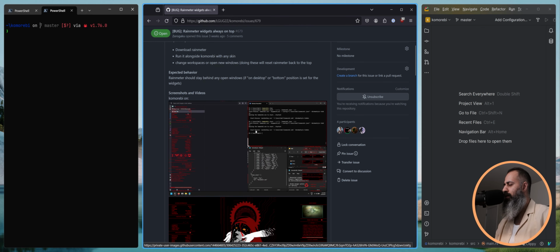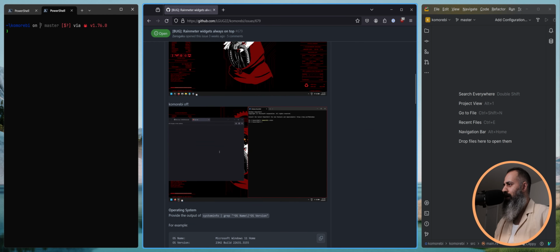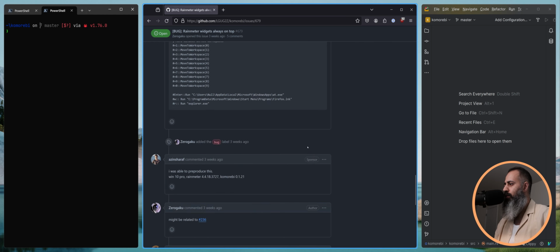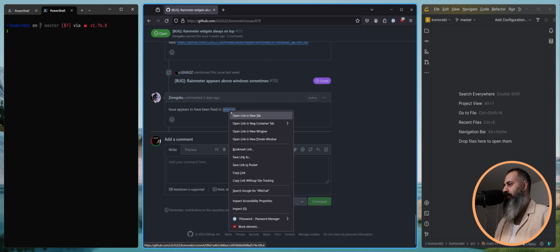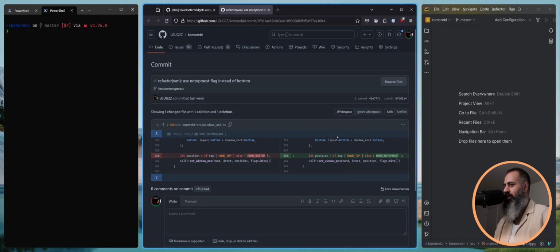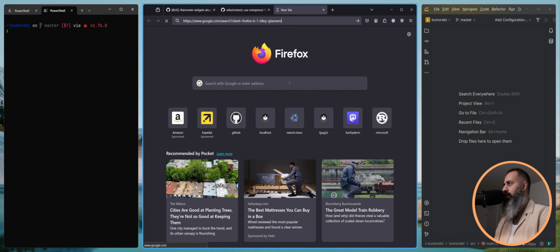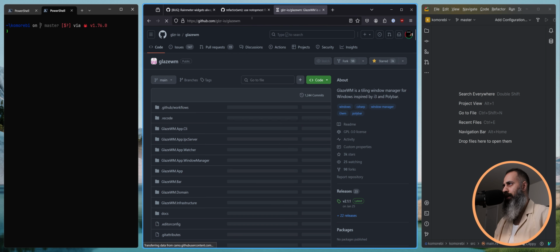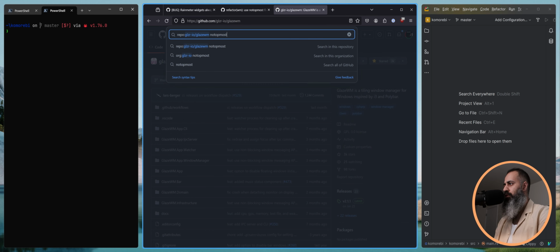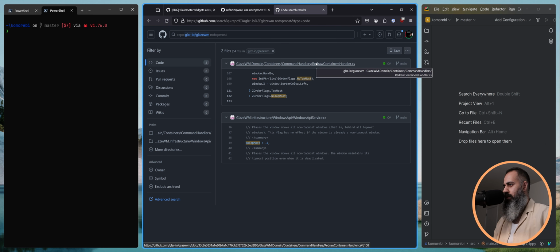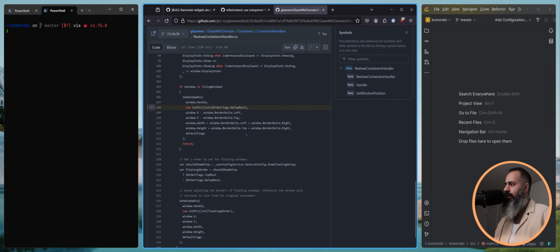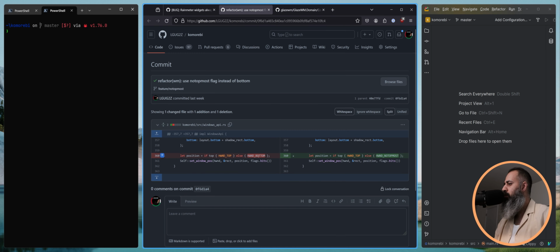I think it was this one. I don't use Rainmeter. I don't really know how it works, what it does. But there's something off with the Z order. And so I tried something, changing a flag. I got the idea from looking at the Glaze TWM codebase. Let's see if I can find that. No topmost. Yeah, here it is. I saw that Glaze was doing this, setting no topmost instead of bottom, which I was